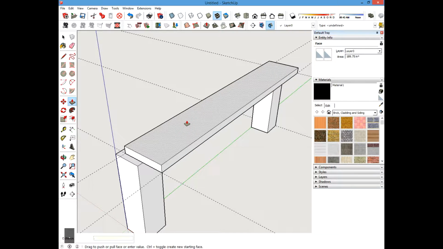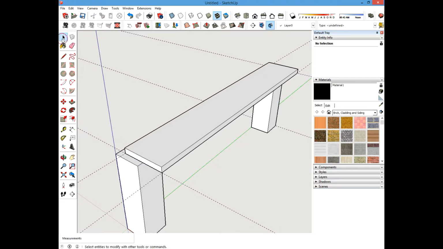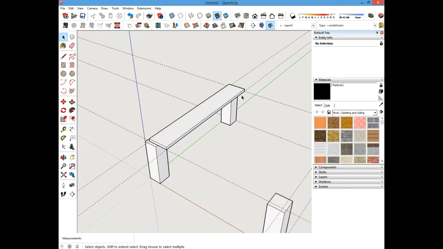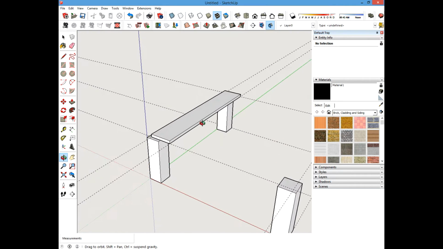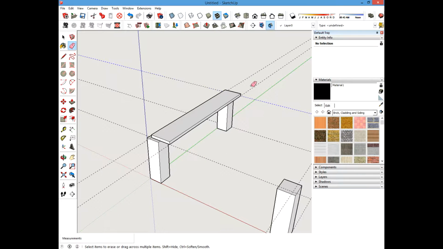Again, we know it's 0.75, not 1 inches. So again, make sure you have that in mind. And that's why I offset this 0.75 again, to account for the thickness of additional boards going down. Okay, so let's go ahead and turn this into a component now before we go any further and lose track